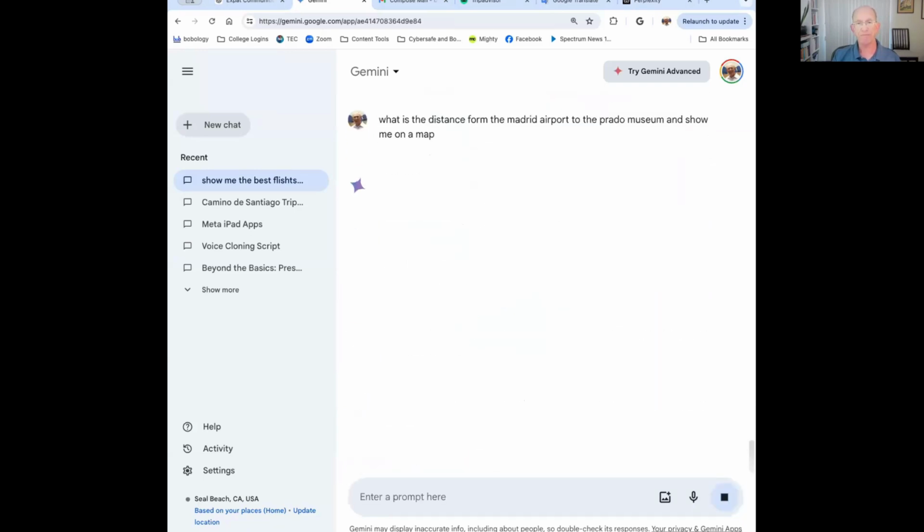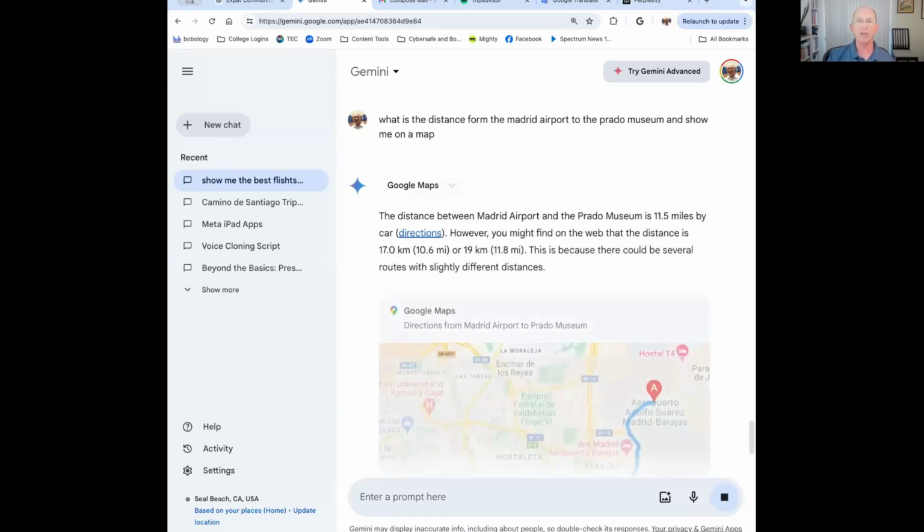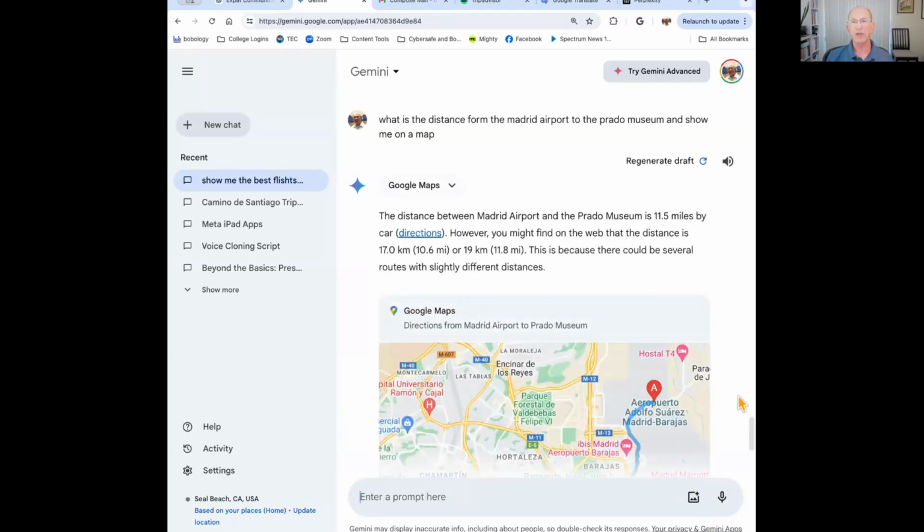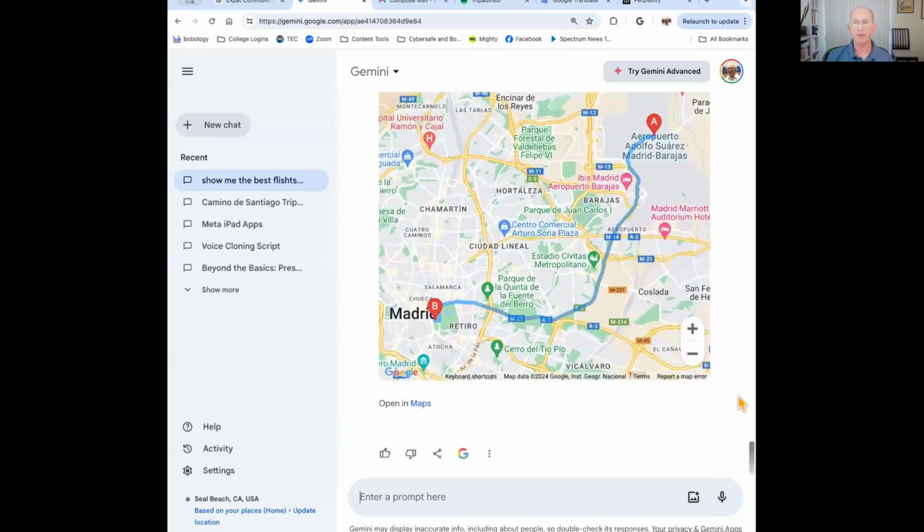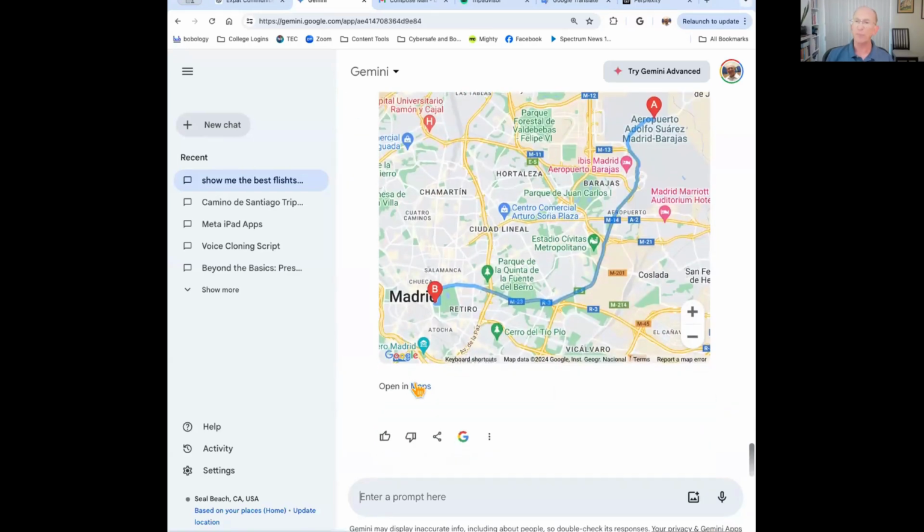Okay. So rather than navigating in maps to try and do this, this is the distance, and it'll show it to you on the map, and you can open this up in maps right away. So Google's got this great integration with Google Flights, Google Hotels, and Google Maps that will give you things.